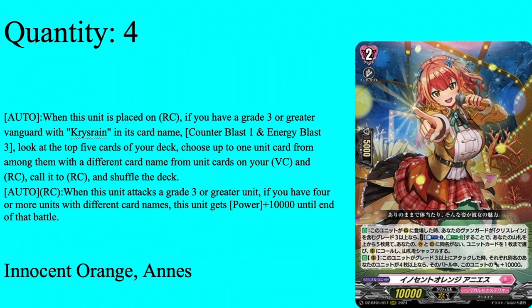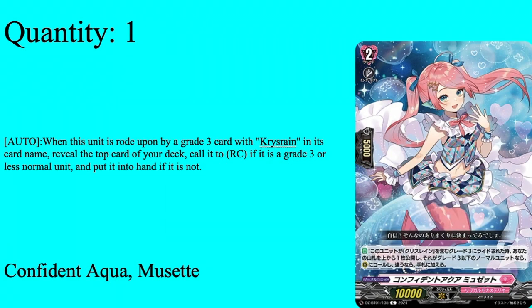But Anna's all around, very solid grade 2. Eats into the many EB that you have, which is fine. And then again, gets free rear guards possibly, and makes your deck a lot more consistent. So 4 of her. Then we have 1 of in the ride deck, none in the main deck of Confident